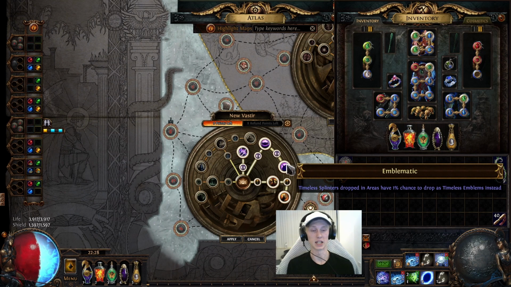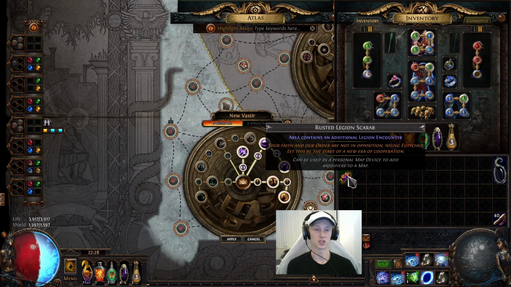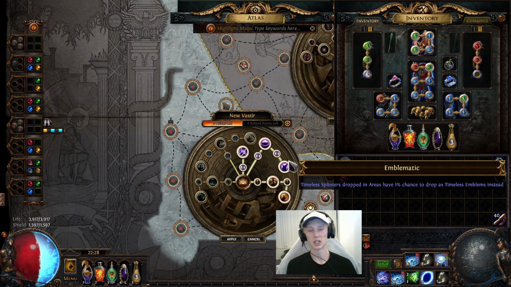If every Legion drops like 40 splinters, that's an emblem every 2.5 maps, and the average cost of an emblem when you add them all up and divide it by 5 is about 35C, and these cost 12, and that would be over 2.5 maps. 2.5 scarabs is worth about 15C. So you can see it's all about just seeing as many legions as possible. So I wouldn't use sextants. I'd just run in, do the legion, kill the boss, get out, do another one,